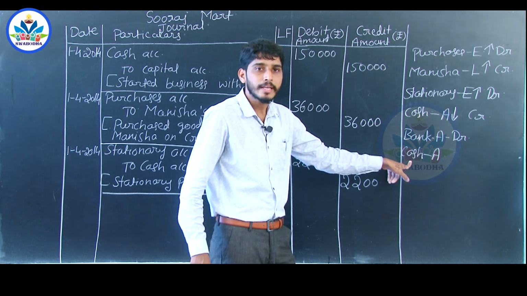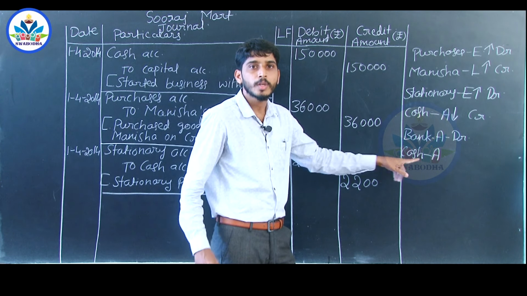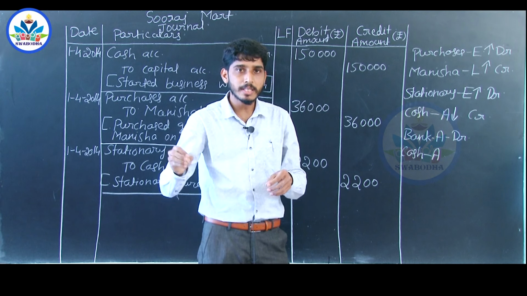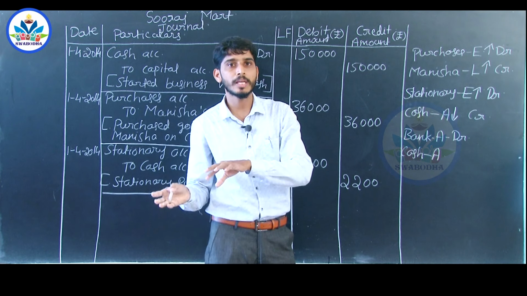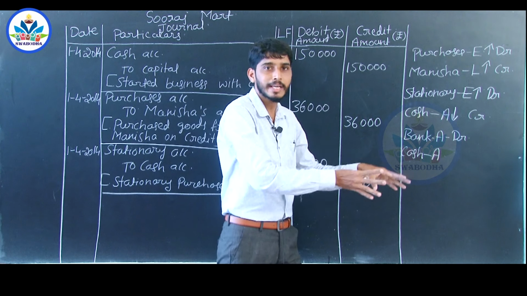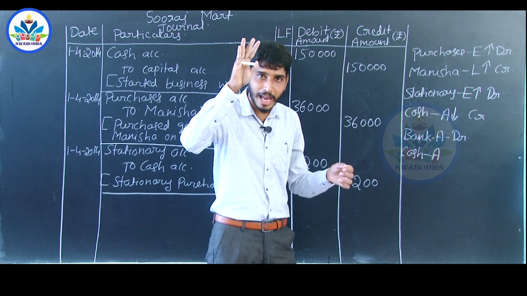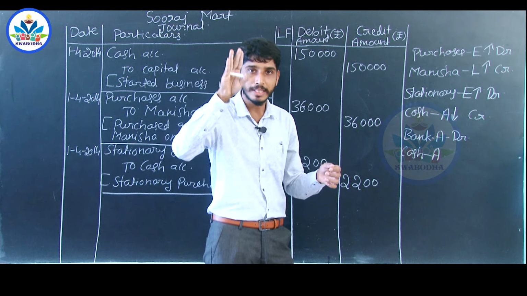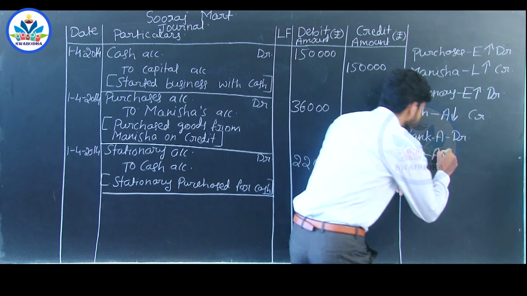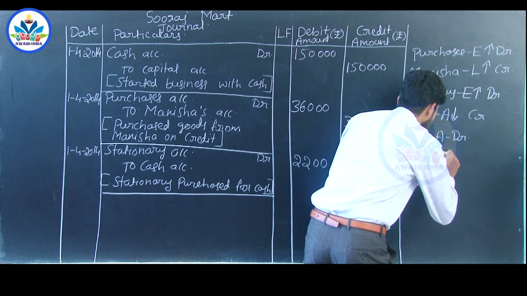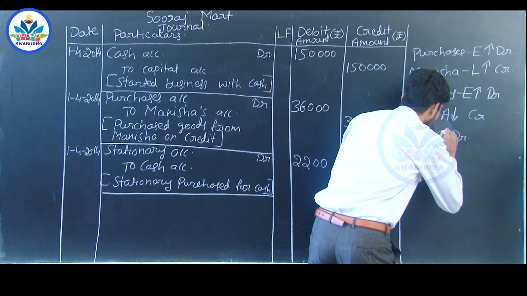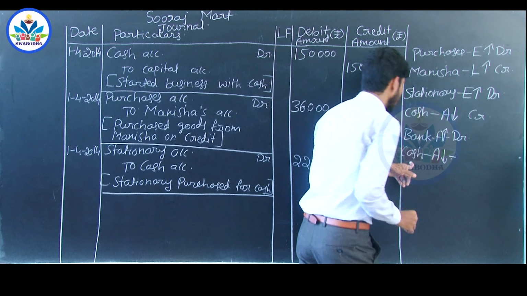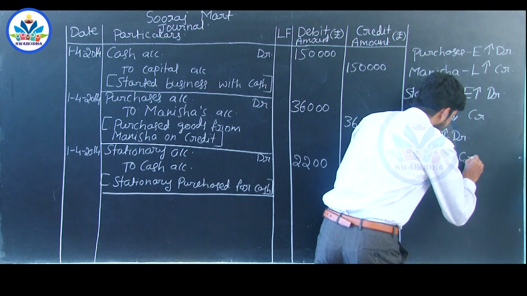Next account is the cash account. You are depositing the cash into your bank account. Cash will go from your business into your bank account. To that extent, cash balance will reduce or decrease. So, the asset value decreases, and the rule says decrease in an asset has to be credited.